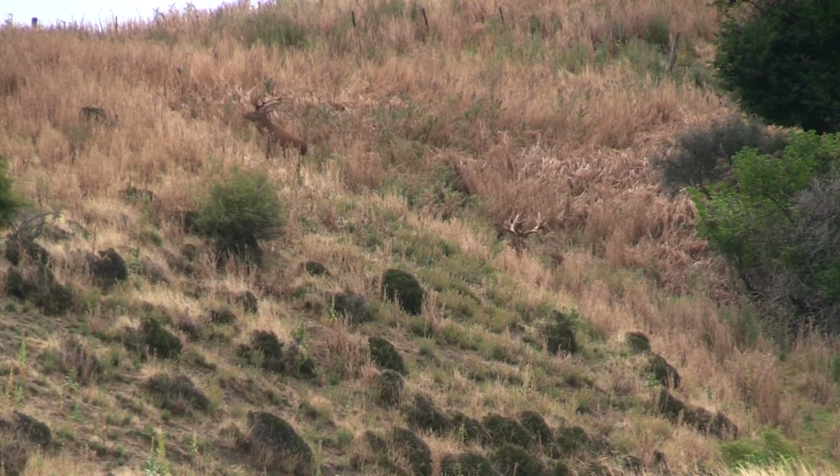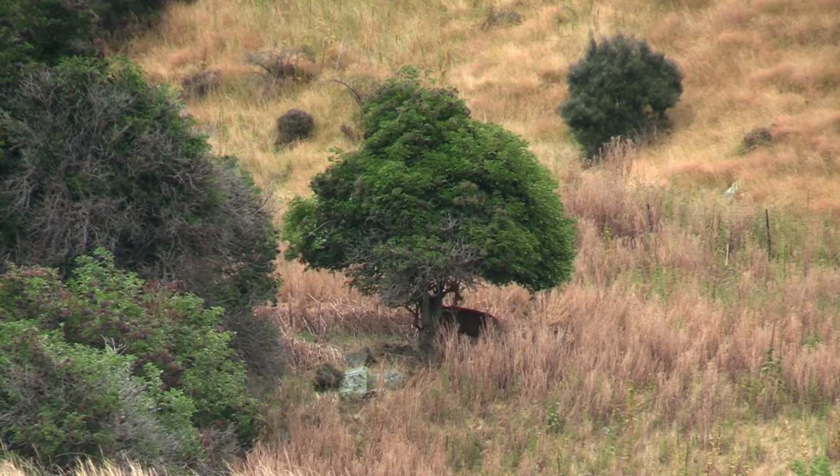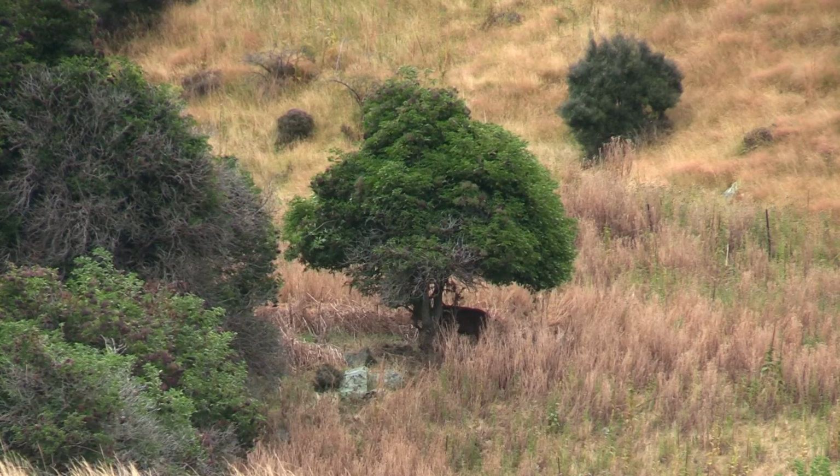Let's get set up. We're about ready to shoot, and boom, what happens? He starts on the move. He goes left. Don't shoot. Wait till he stops. He runs right up towards this mountain to go over it, and he's headed right over. And at that point, then he stops. But guess what? Right behind a giant tree. I said, I can take him in the back. No, he was about